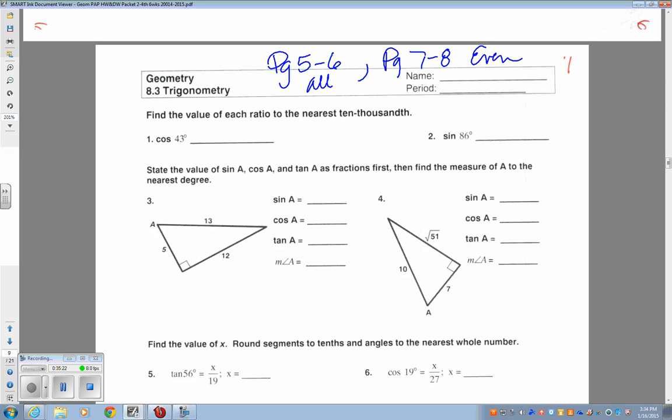All right, I need you to put up the calculators, and we need to go ahead and